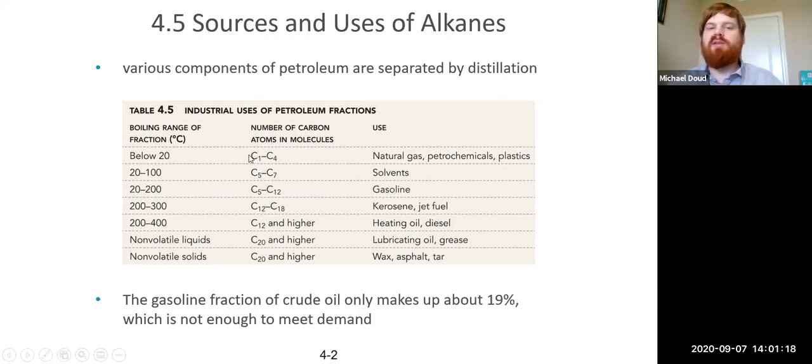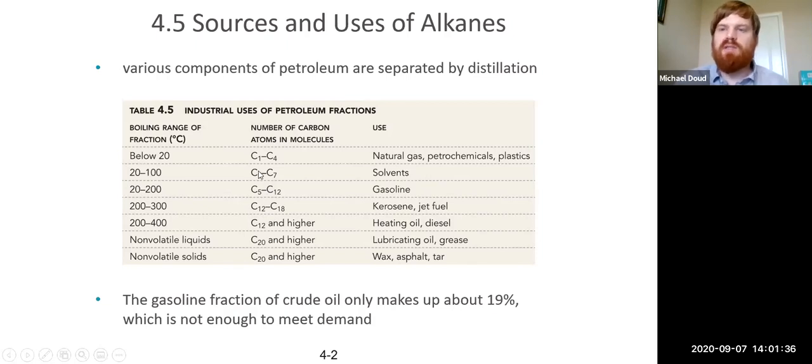Methane is also a really bad greenhouse gas. It's actually a worse greenhouse gas than CO2 per mole, if you want to think about it that way, because it absorbs a lot of infrared radiation. Now, after that, once we get into pentane, for example, pentane is actually a liquid at room temperature, and